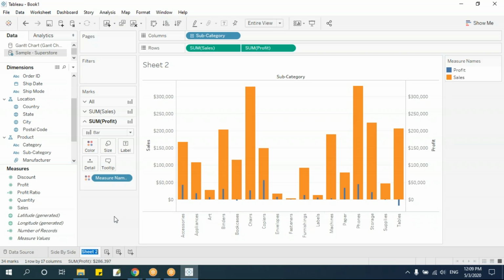This we call bar and bar. That is, we have two bars in the same chart. Like this also we can show. See, this is one way of showing, and this is another way of showing. We can show either, but this will be a little something different. Next